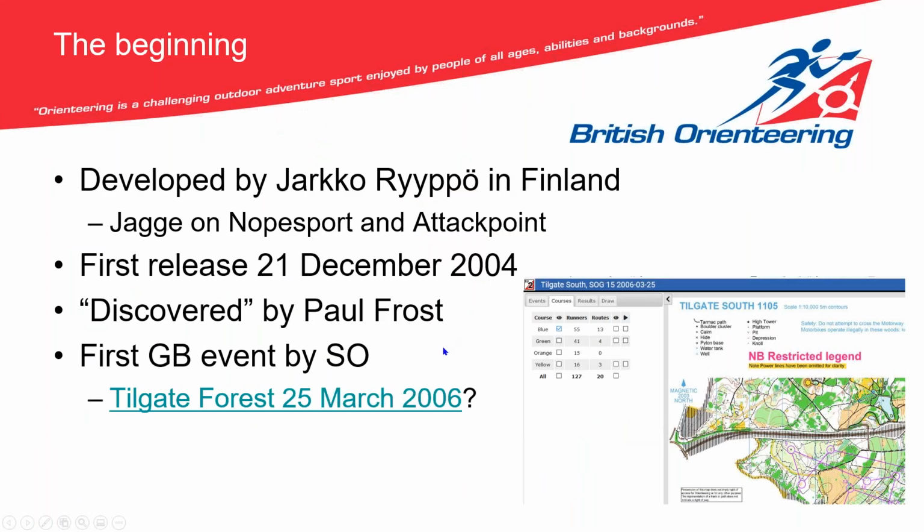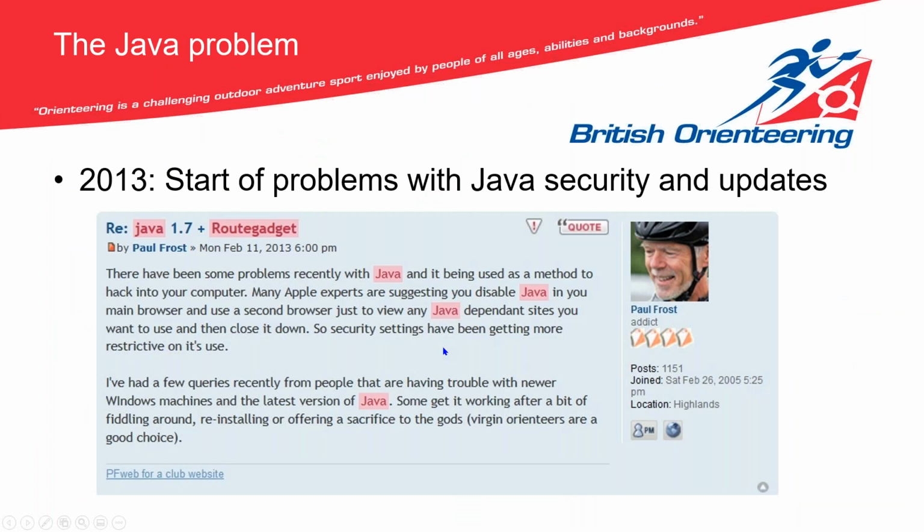Back to the history. So all that was great and people started to use it. And then a problem developed. The software was written in a language called Java, and Java wasn't the greatest when it came to running it on PCs because of security problems and update issues. And so people started to find in about 2013 that this was not going very well and they were having real problems using it. I was one of the many people trying to use it, and I knew Paul, and we had conversations about what we were going to do about it.